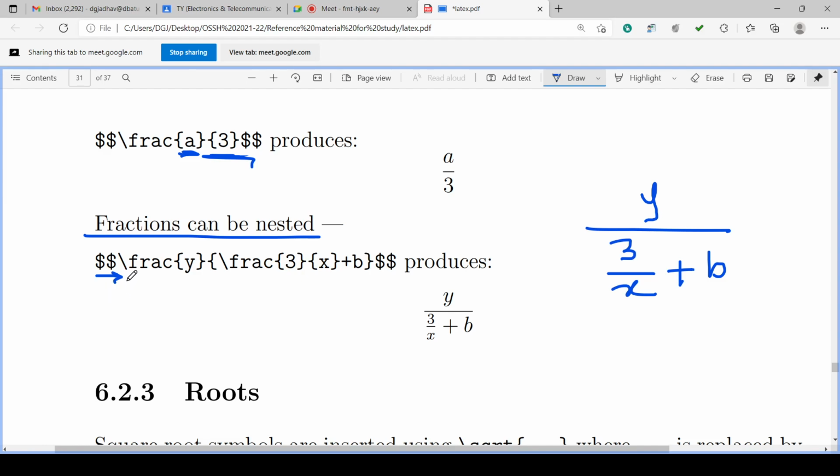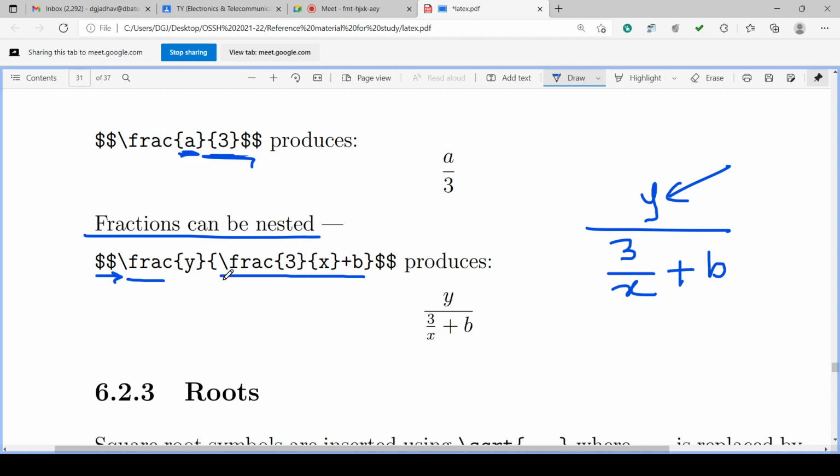Then backslash frac, the first curly bracket y is the numerator, and in the denominator there is one more fraction, backslash frac, where 3 is the numerator and x plus b is the denominator.